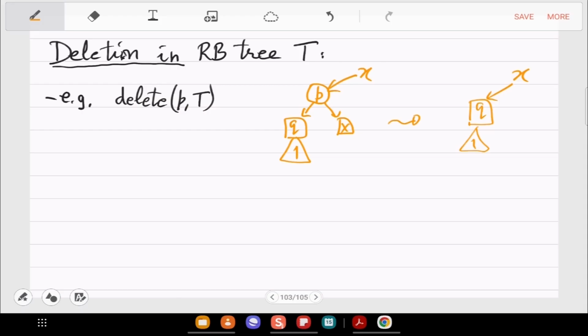Similar cases when P is color black. So what happens in this case when you delete P? There is one more operation here, changing the color, and you get the same thing.